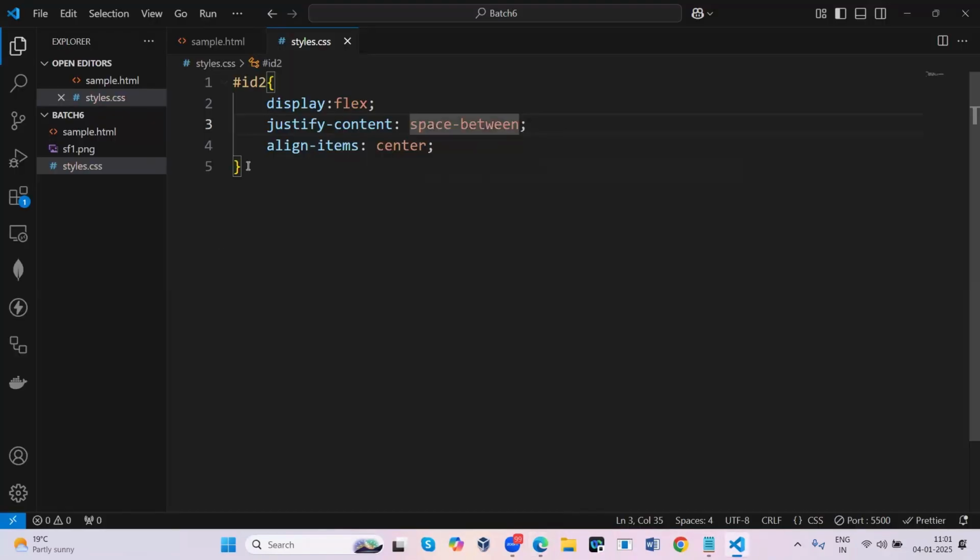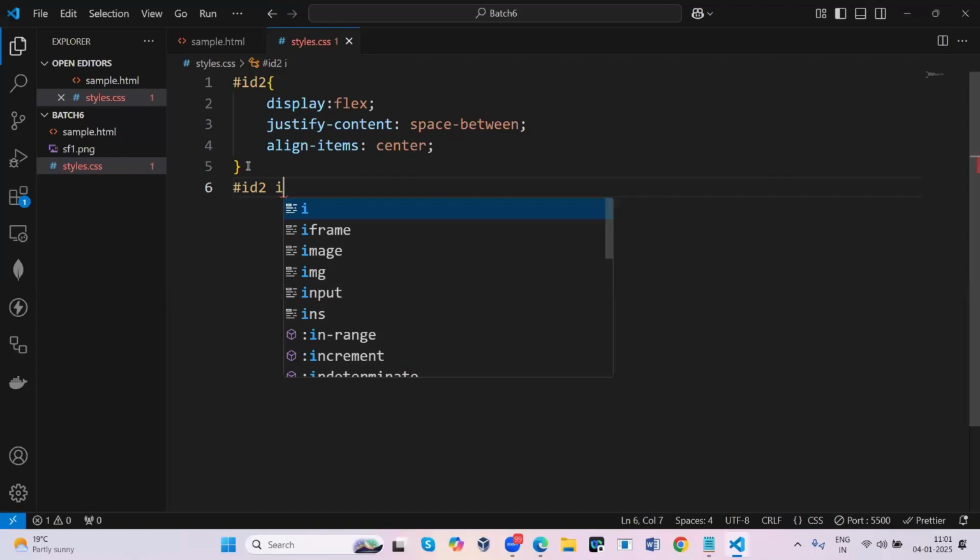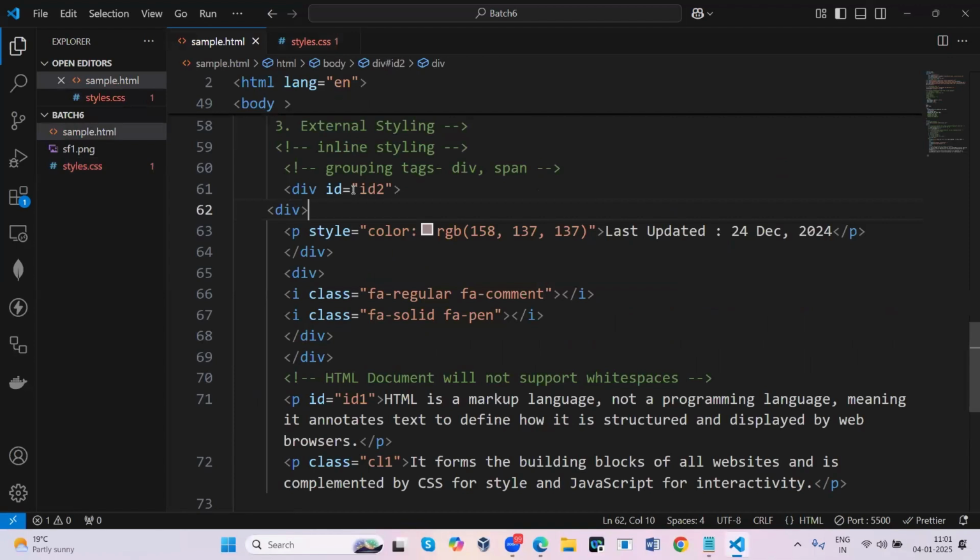Now what I am going to do here is, in this ID2, I have tags called i tags. In this ID2 section, I have only the i tags, right? I want to style only these i tags.